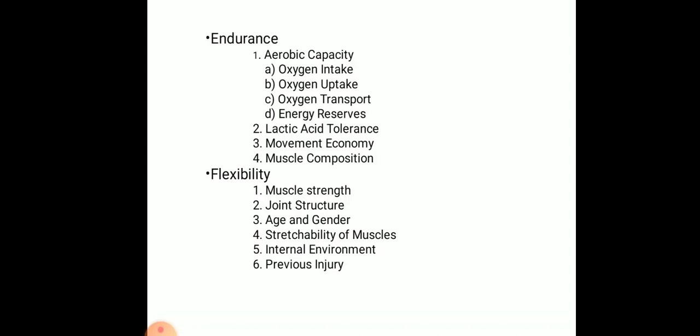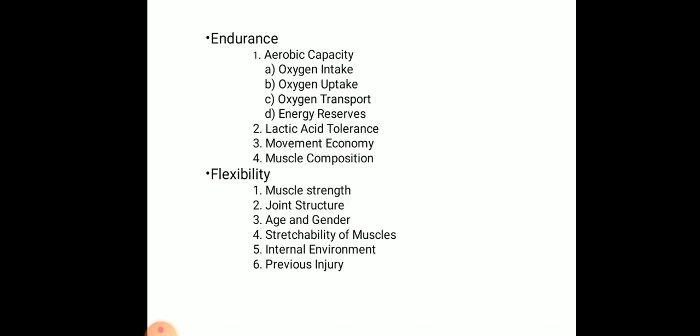Muscle composition: there are two types of muscle fibers, slow muscle fibers and fast muscle fibers. Slow muscle fibers are best used for aerobic or endurance activity. They produce a small level of force for a long period of time, and that is why they are better suited for endurance activities. In fact, elite marathoners have been reported to have greater than 90% slow twitch fiber in their leg muscles. The percentage of this slow twitch fiber is regulated